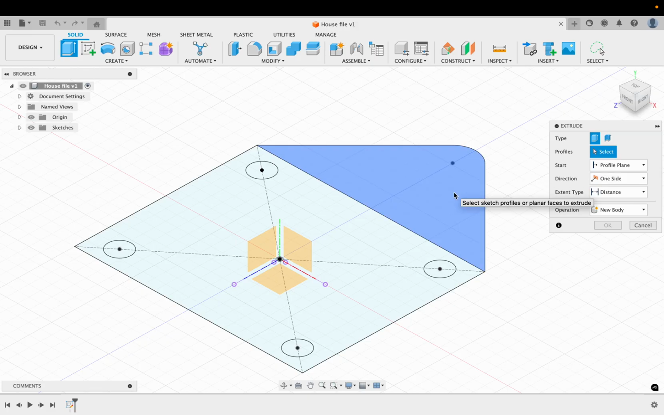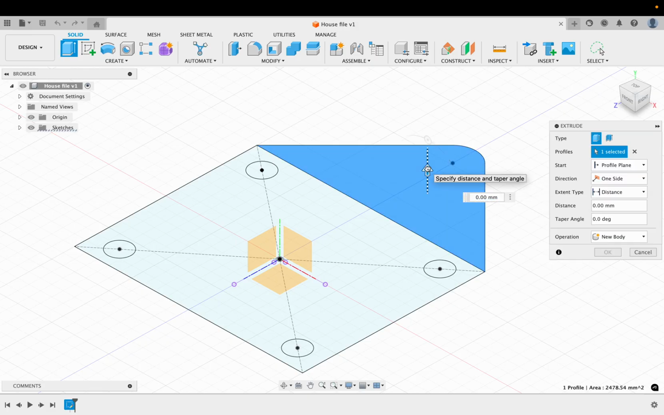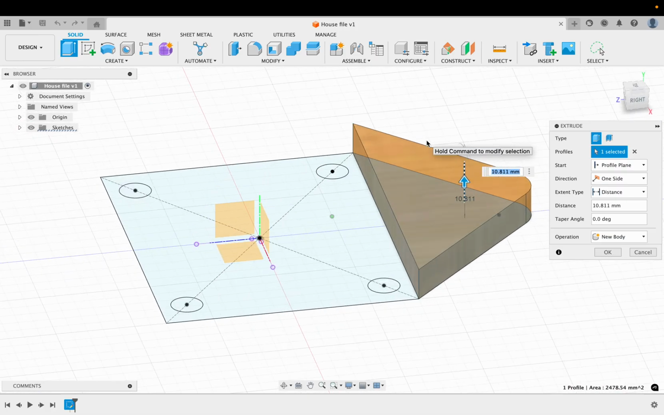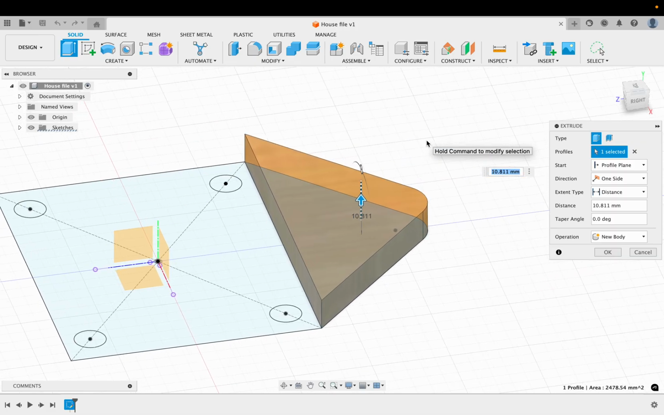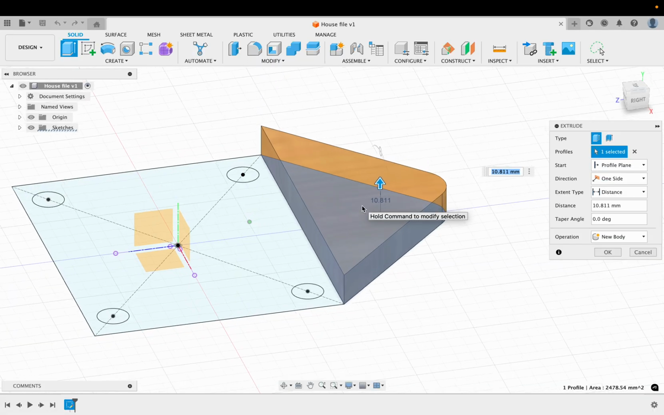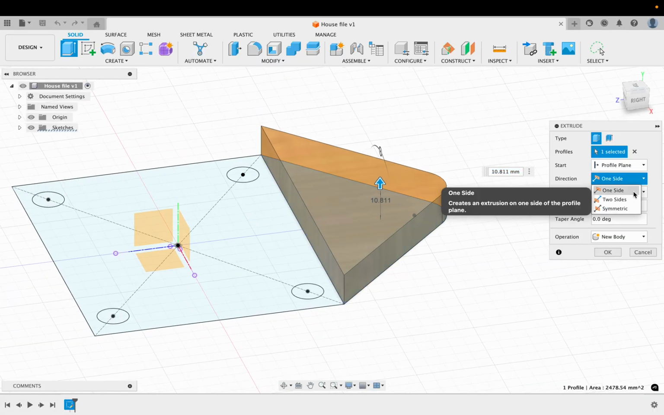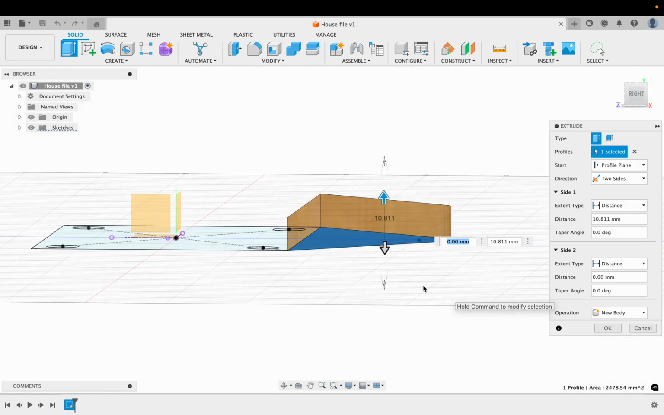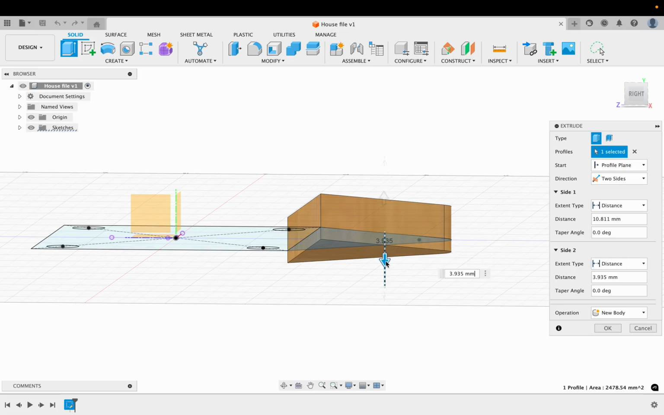So if I click on something and drag on the arrow, it's going to go up and down on one side of my sketch only. Okay, I know in your computers you won't have the wood grain, yours will be more gray. Don't worry about that, I'll show you how to change your appearance later. So if I change this to two sides, now I get two different arrows. So I could now just drag this side down a little bit less, and the numbers change in these two